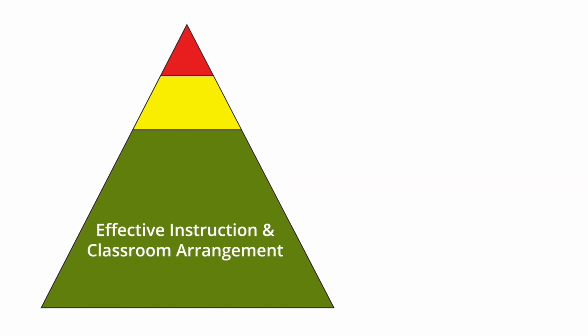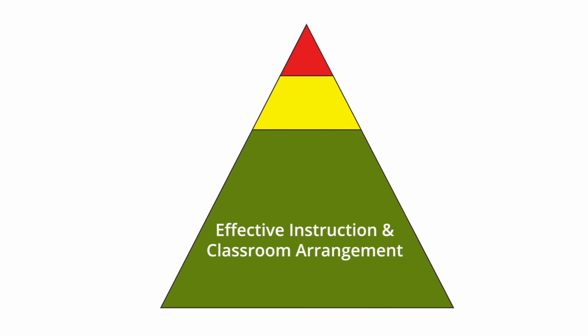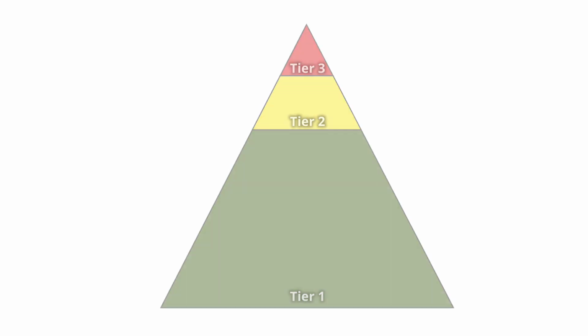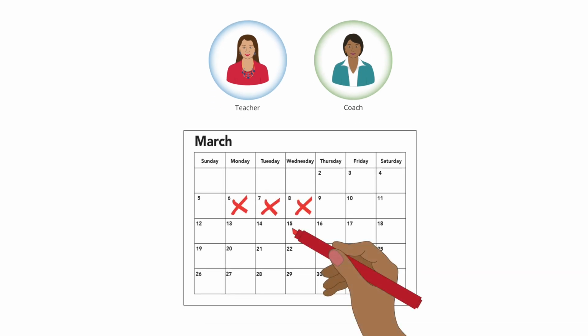The classroom check ensures that efficient and universal strategies are tried before investing more time in individualized supports. That is, the classroom check determines that Tier 1 supports are in place before suggesting the teacher consider Tier 2 or Tier 3 interventions. The coach must schedule a time for the classroom check within 3 school days after being